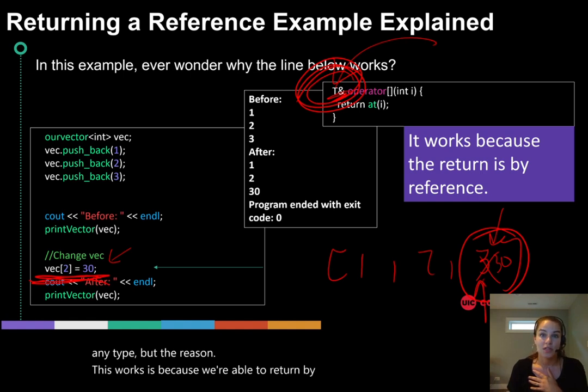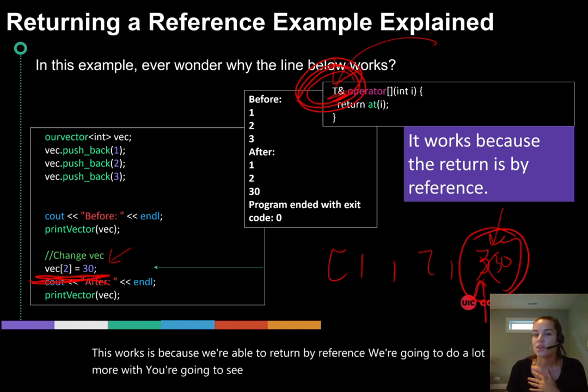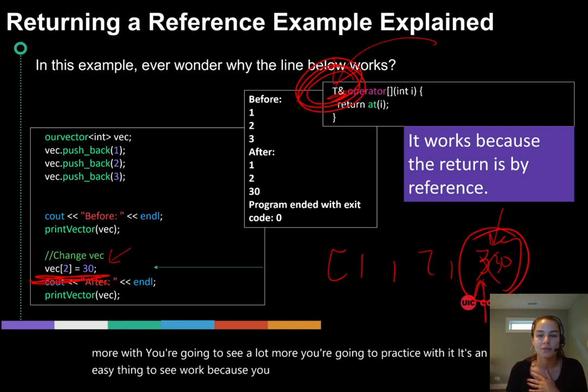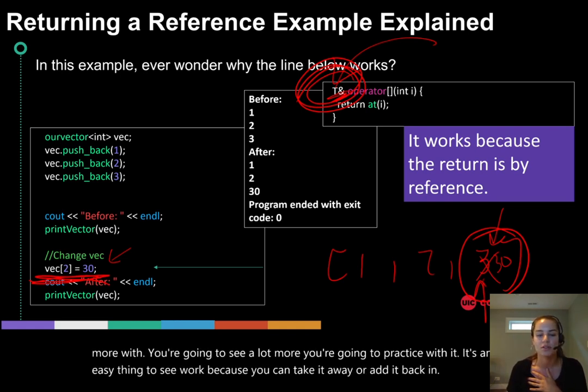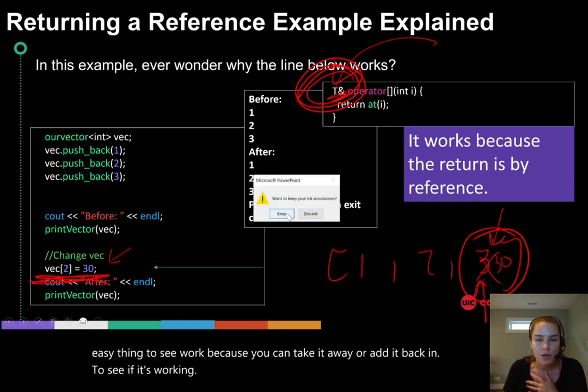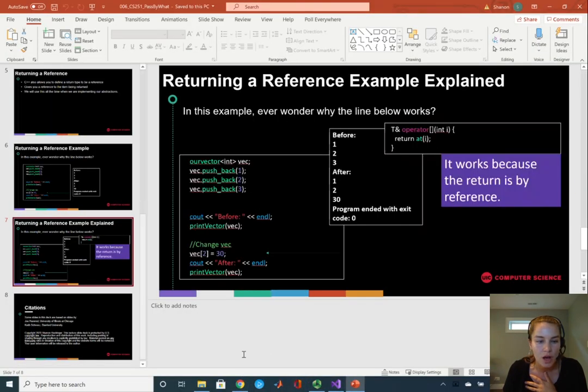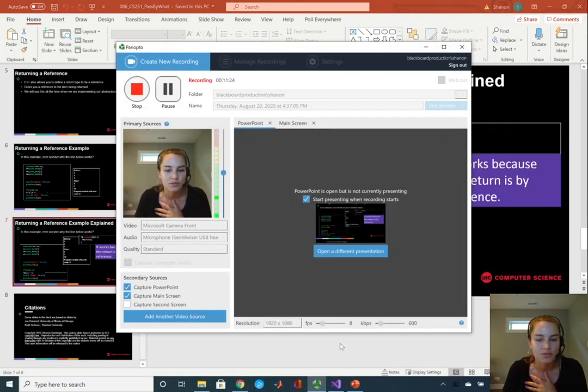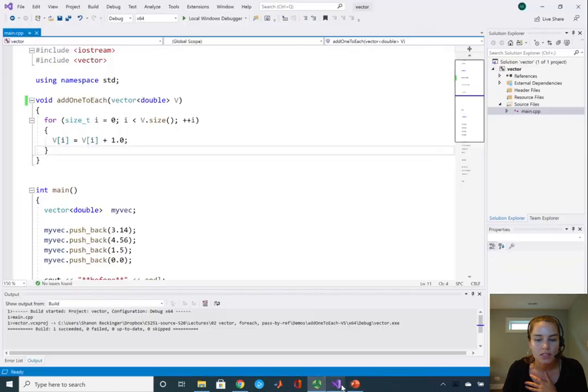We're going to do a lot more with this. You're going to see it a lot more. You're going to practice with it. It's an easy thing to see work because you can take it away or add it back in to see if it's working. And just to give you a very quick demo of pass-by-reference functions,